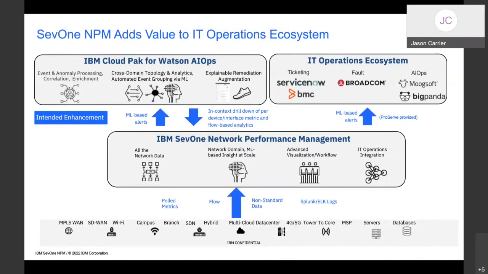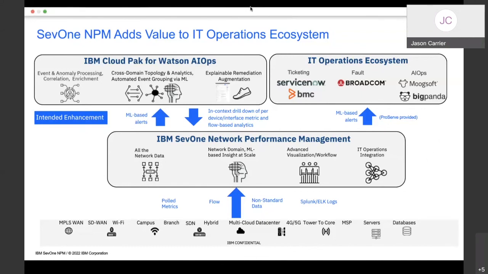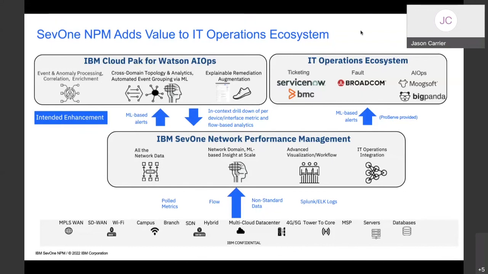And for those that aren't familiar, you might have noticed that Alec was using the word Netcool a lot, but here we're talking about Watson. They are kind of the same thing. Watson is the umbrella piece that is pulling together a whole bunch of products that existed separately in the past into a single offering. There's a whole bunch of things included in Watson, and Netcool is one of those. So I just wanted to clarify there.